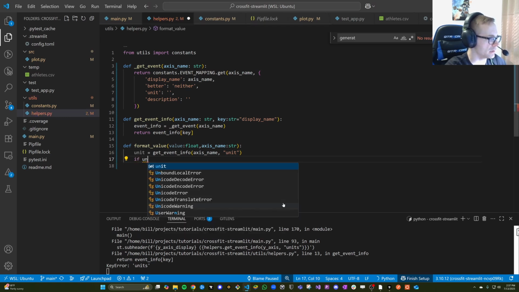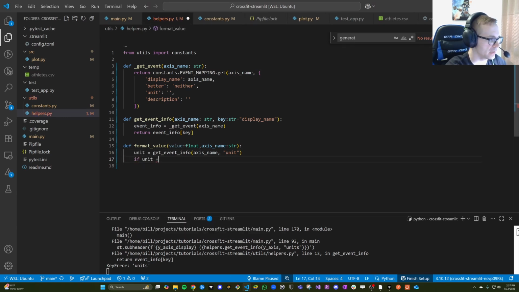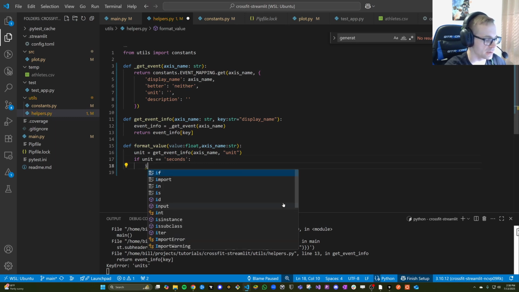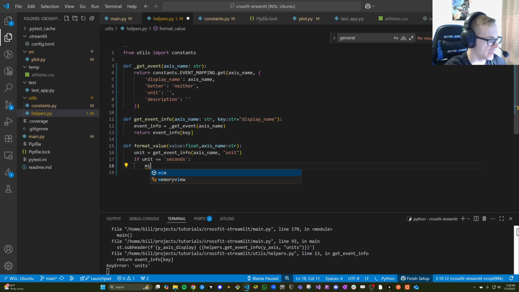So we want to say if the unit equals seconds, then what do we want to do? We want to extract what the minute is going to be and what the second is going to be. So the way that we'll get the minute is we'll say the minute equals the value, and then